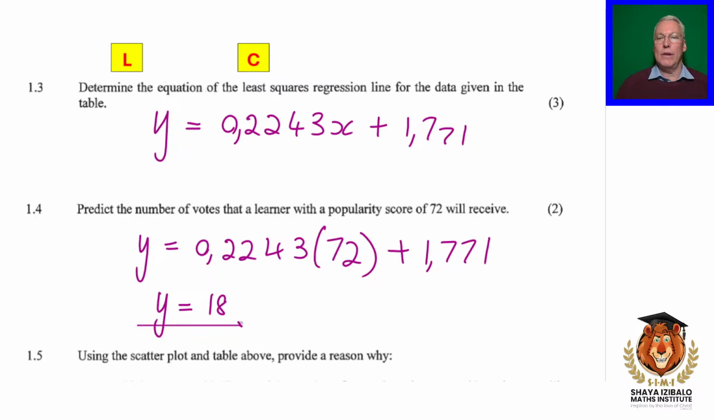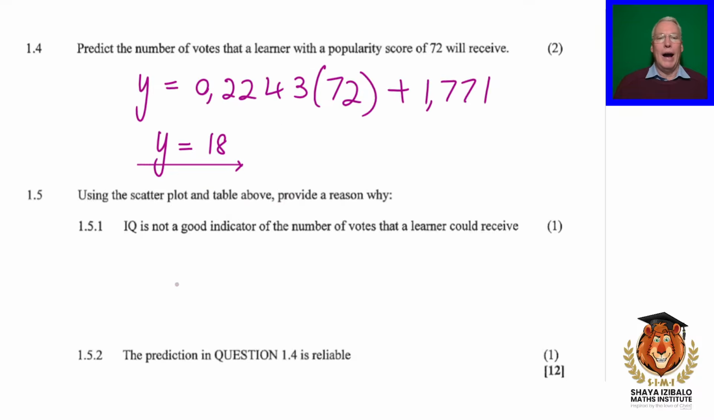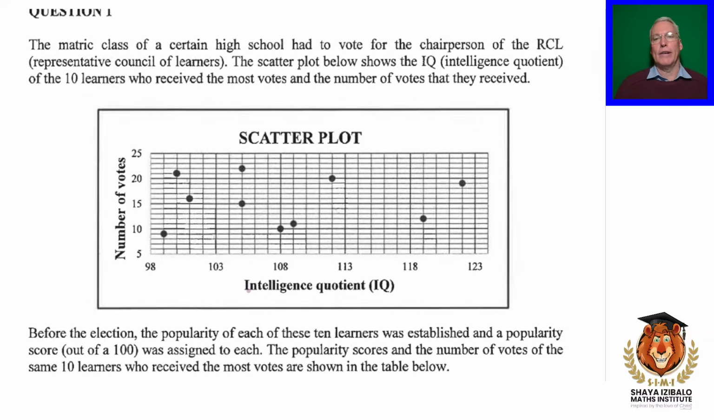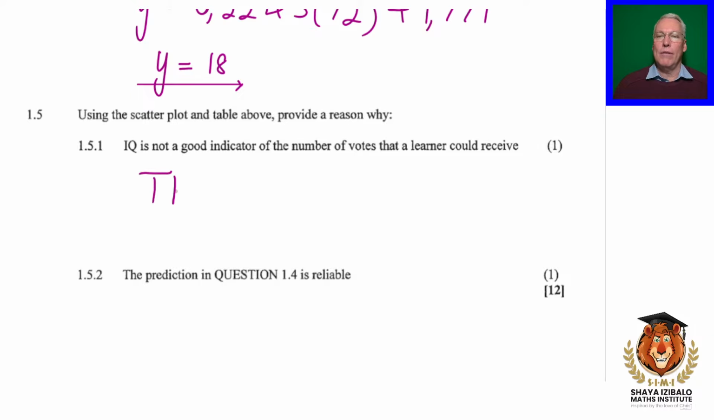Then it says, using the scatter plot and the table above, provide a reason why IQ is not a good indicator of the number of votes that a learner could receive. Let's go and look at that scatter plot again. There's basically no relationship. There's no correlation. Okay, we're not expected to put this into our calculator and work out a correlation. We just need to say there's very little, you can almost say there's no real relationship